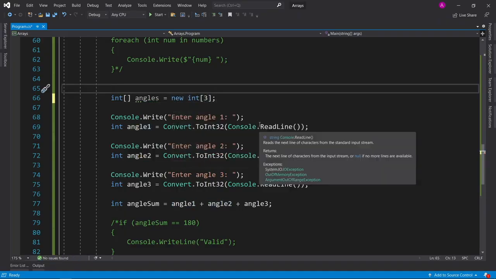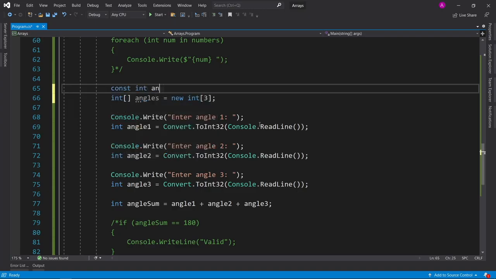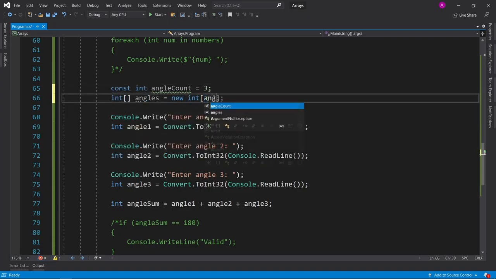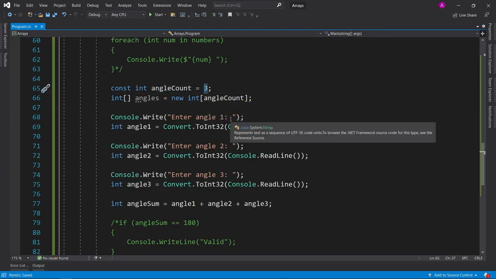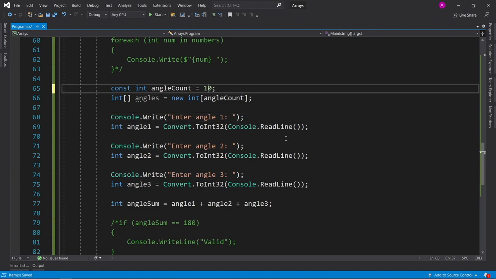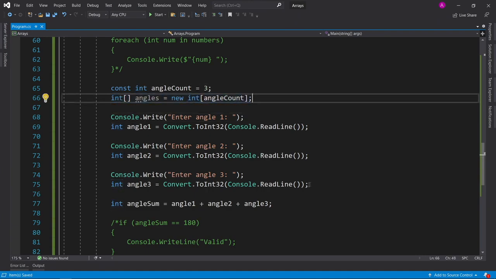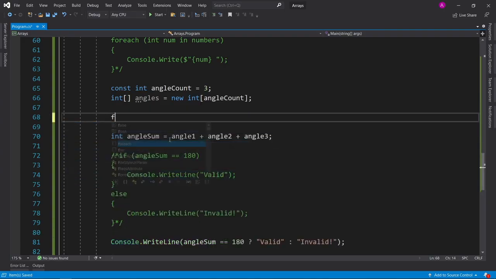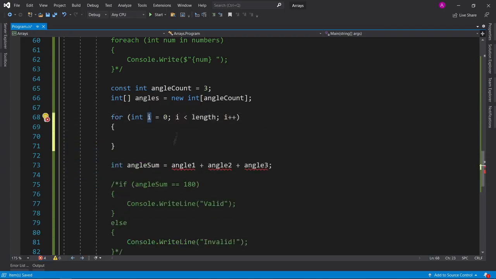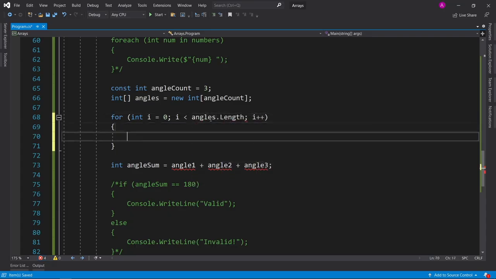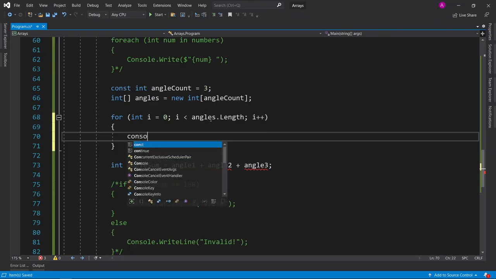And what you could do as well is say const int angleCount equals 3, and then you can simply use that inside here. So later on in the code, if we wanted to specify a different value, we can just change that. Now that we've got 3 angles, we can get rid of these 3 lines and write ourselves a little for loop. So i goes from 0 all the way to angles.Length, and every single time we go around in the for loop, we want to say